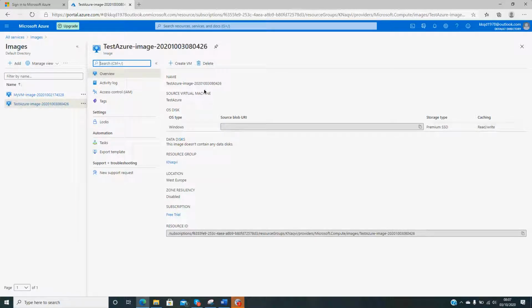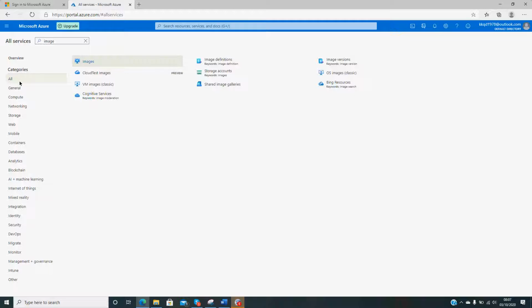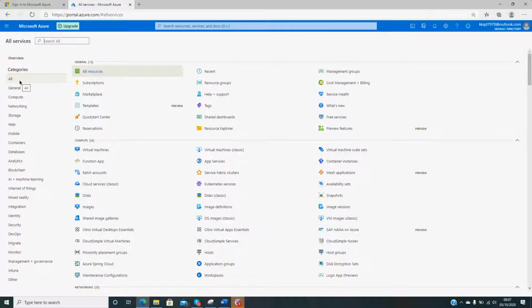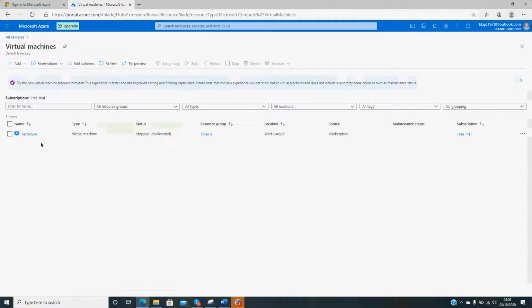the specifications of your image. You can see test Azure image and virtual machine. All these things are mentioned over here, and it says that you can create a VM out of this image as well. So now let's go and see what happened to our VM from which we created this image in the first place. So I'm just going to go into that VM and I'll see,